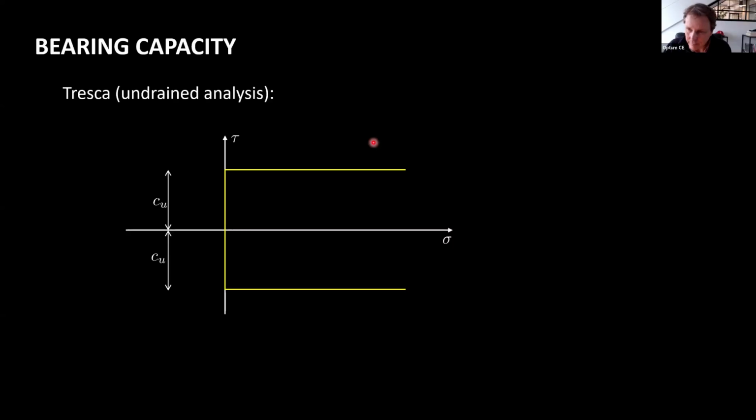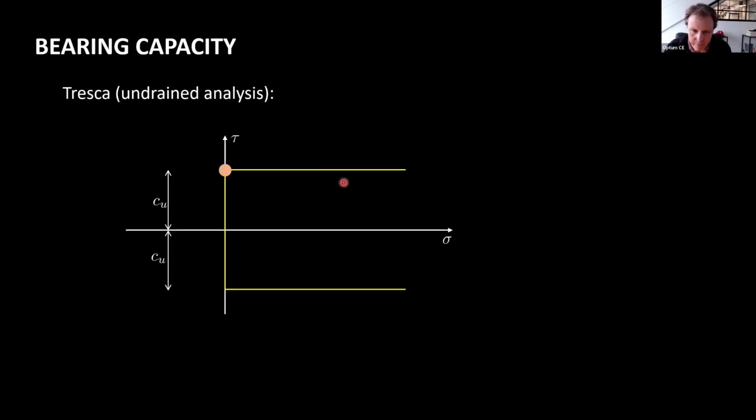One way of limiting tension is to make a cutoff like this. So in this diagram, it seems to be correct, but it's not really completely good, because